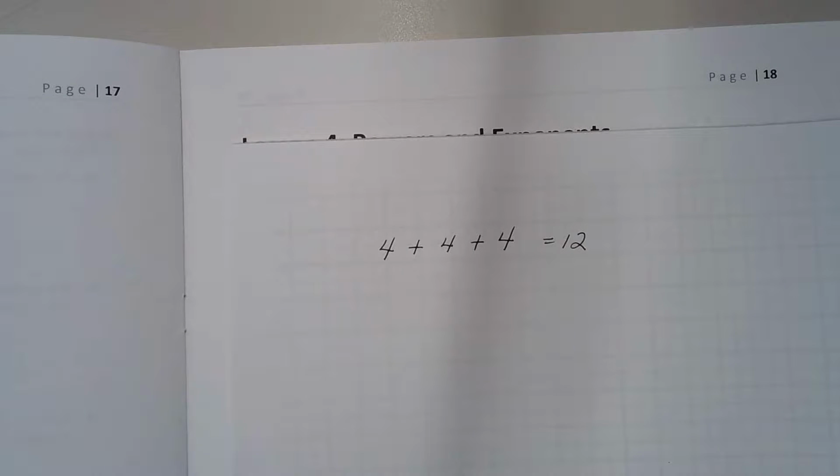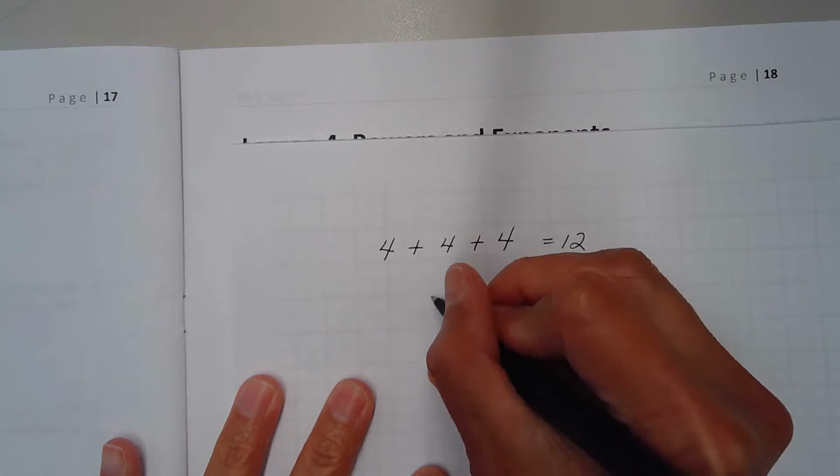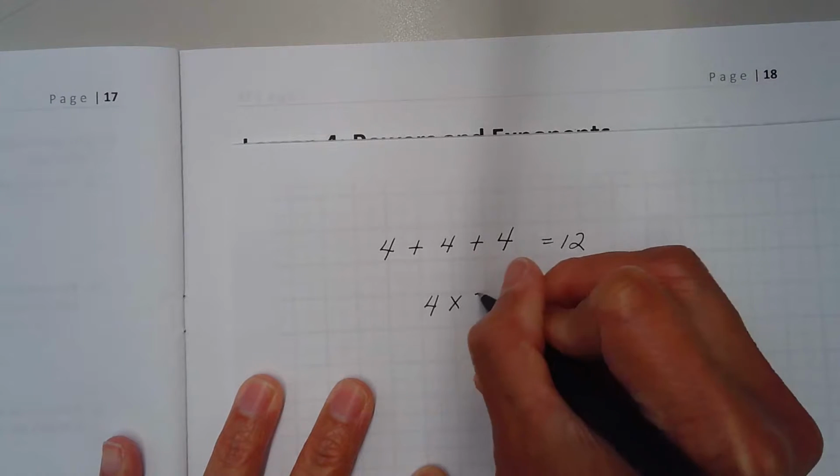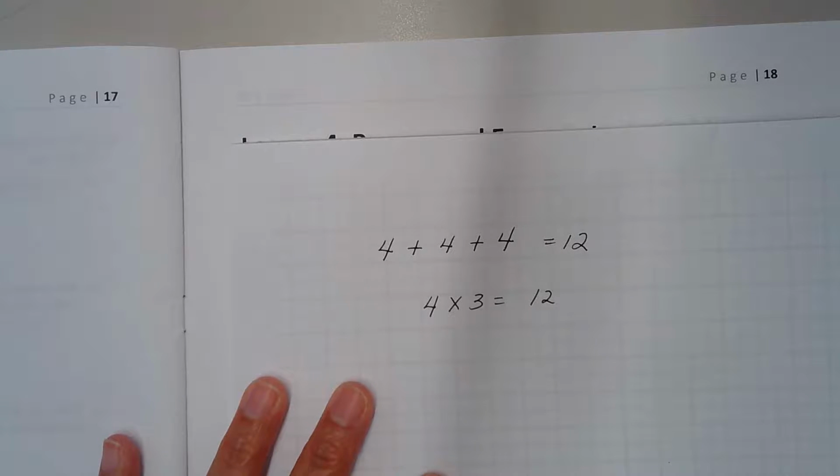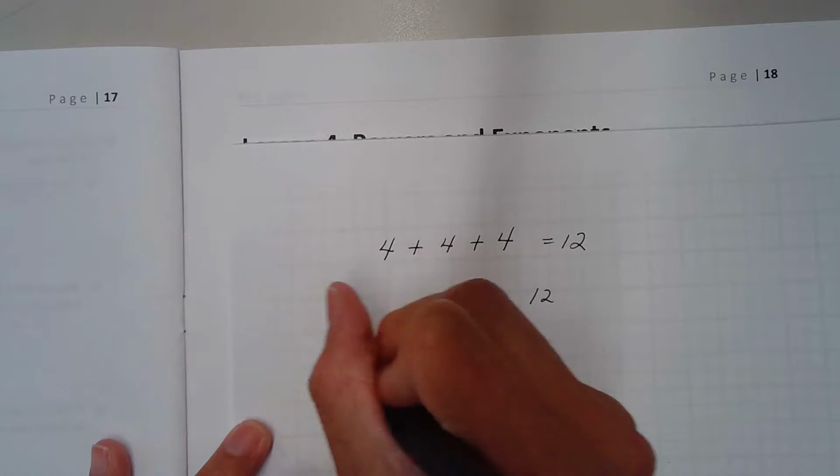Is there a shortcut for this? Yes. The shortcut would be 4 times 3. And that will give us a 12, right? Okay, good. Now, if I go like this,